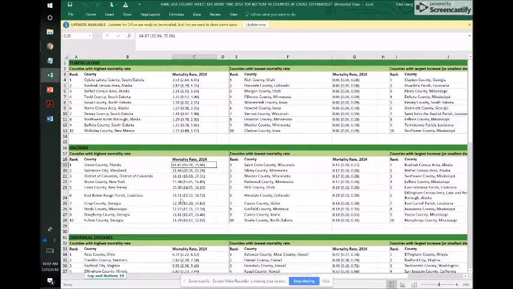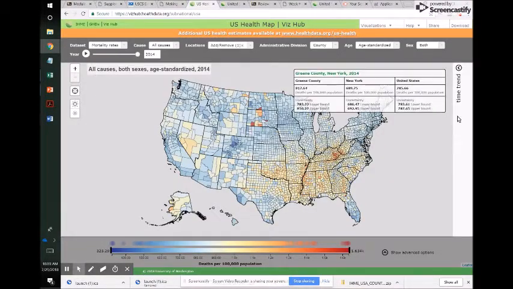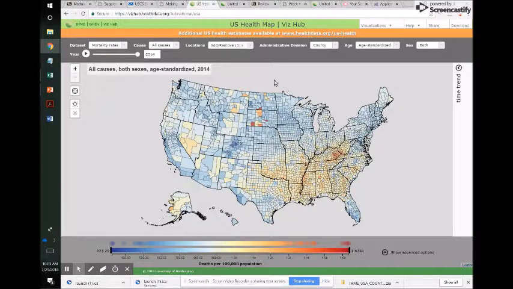So for this kind of data, I would really like to know the geographic context of these diseases, and see if they were grouped somewhere. That'd be very helpful, and that's where data visualization can really help in terms of these communicable diseases and studying the epidemiology of it. So here I have pulled up the U.S. health map